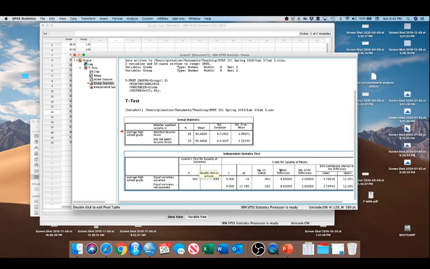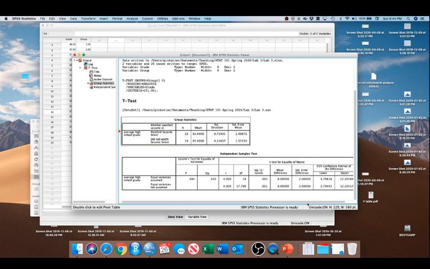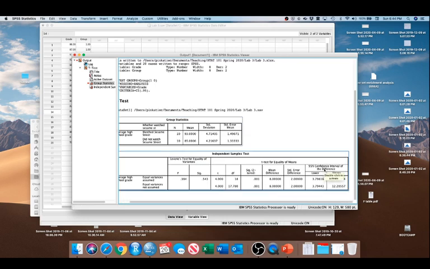It looks at the mean difference, so the mean difference is describing the difference between the two different groups, so that's 8. So 93 minus 85 is 8. The standard error difference, and then your confidence level, that's what I was talking about. So the lower end and the upper end. So this is all the information you need